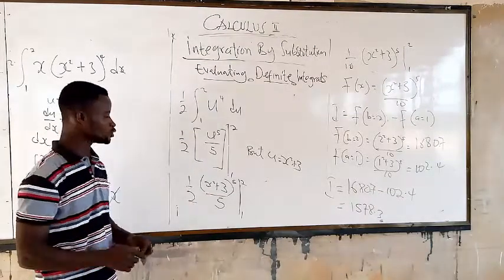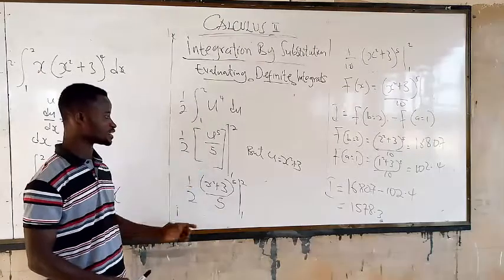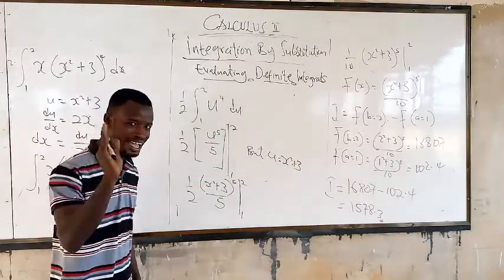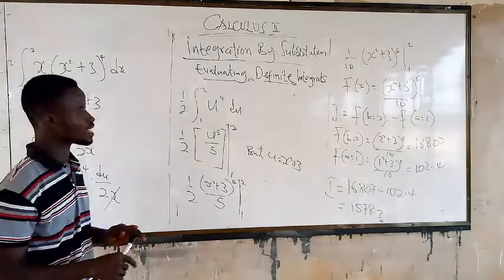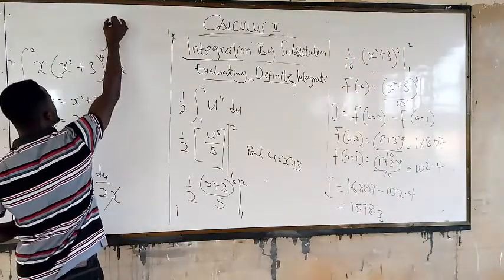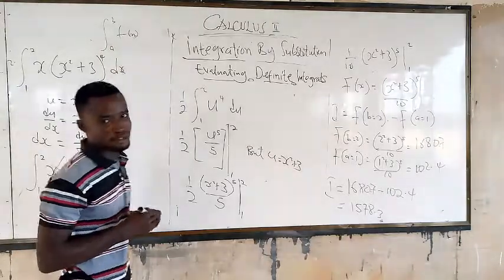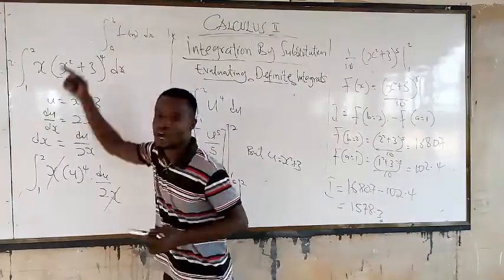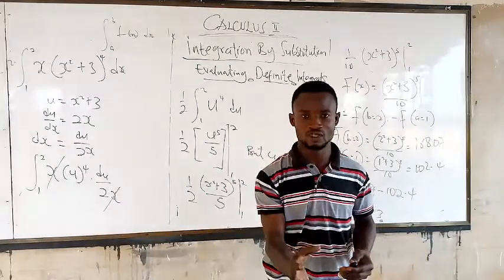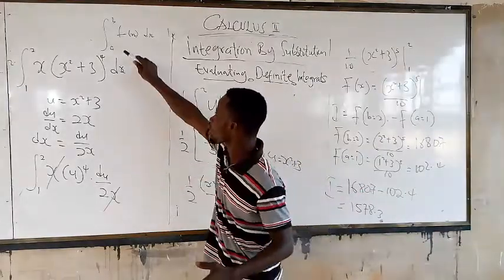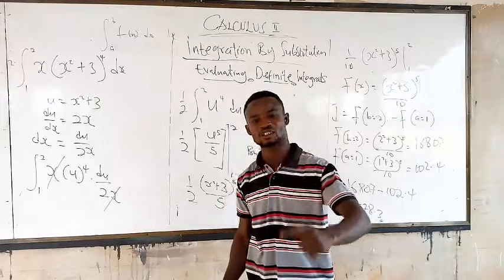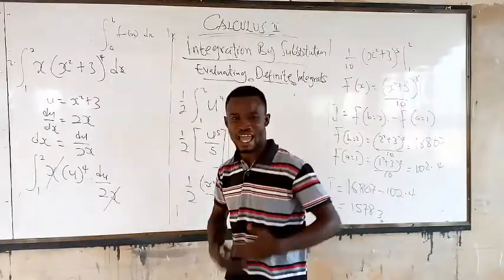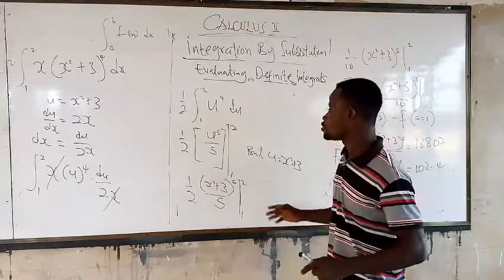Listen, normally most of you, your mistake or your challenge here is that when you get to this side, you start putting u equal to 2 and 1. That is wrong. The idea of definite integral is that the upper and the lower bound that we have, by default, are s values. So that upper bound and the lower bound, I'm saying that they are s values. So you cannot replace it by y, you cannot replace it by u, you cannot replace it by anything,